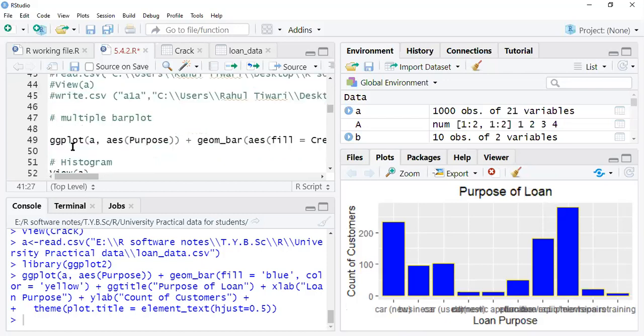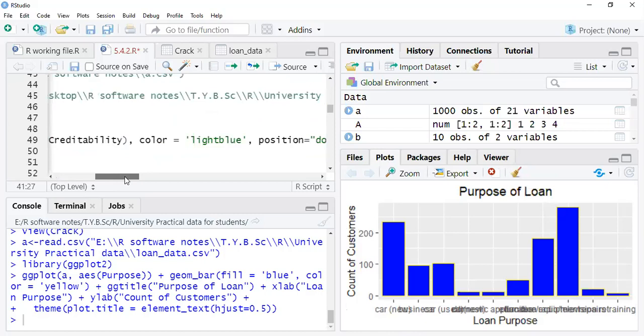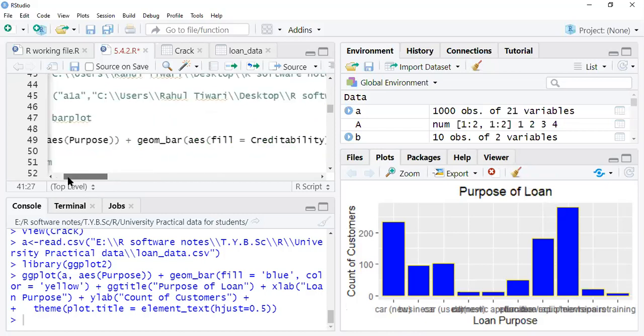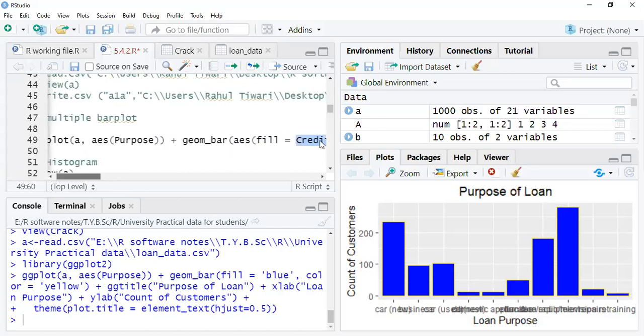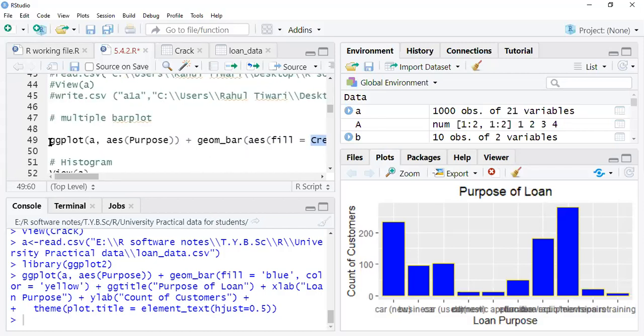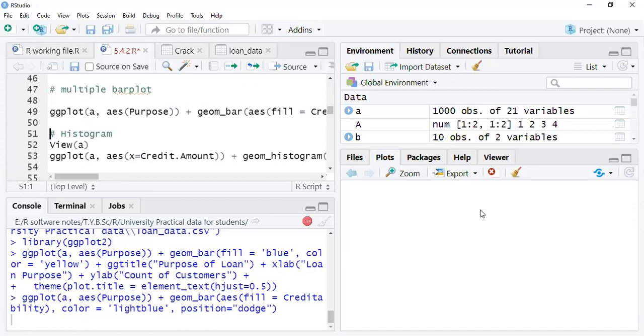Then we have seen the multiple bar diagram. We have to do it with the variable creditability. Using creditability, you can just execute this and you can see the multiple bar diagram.